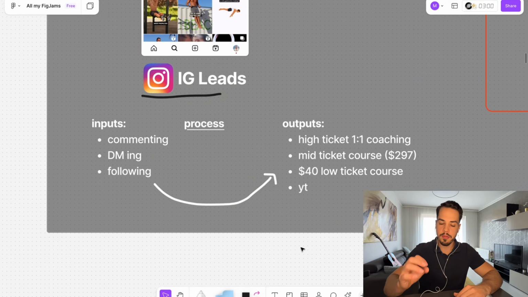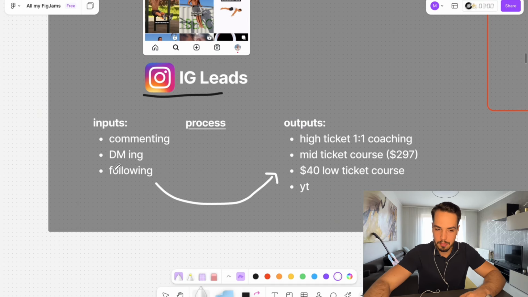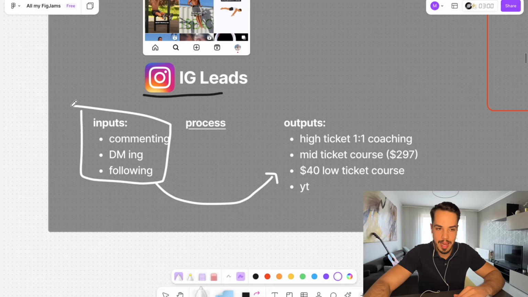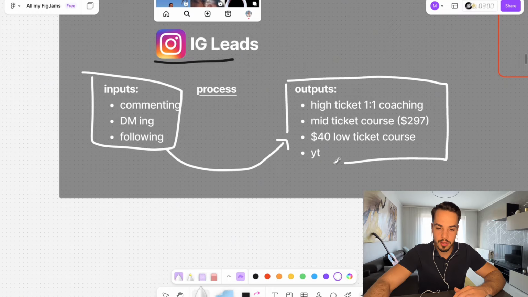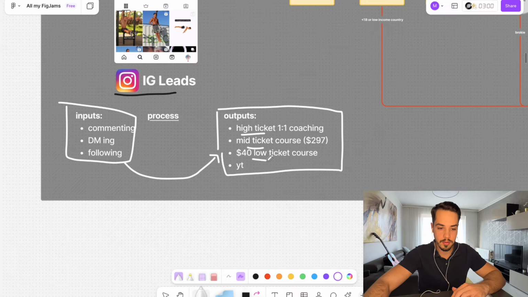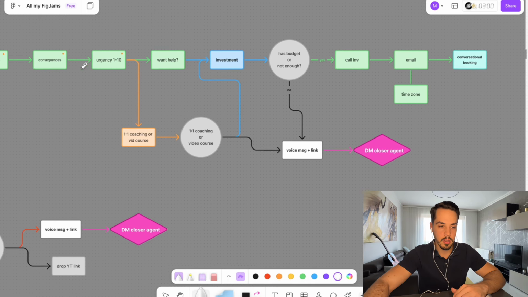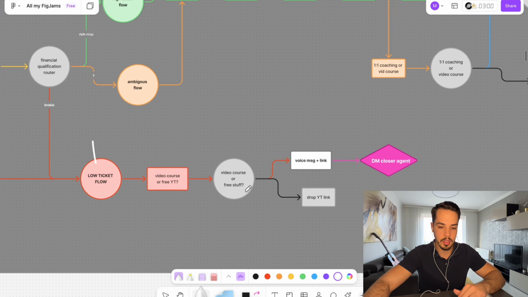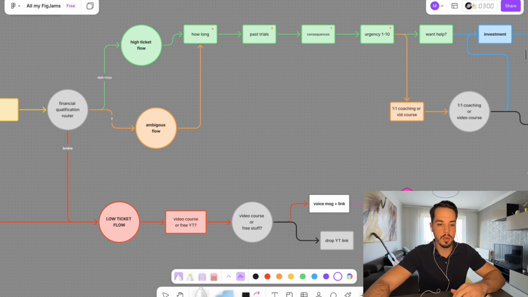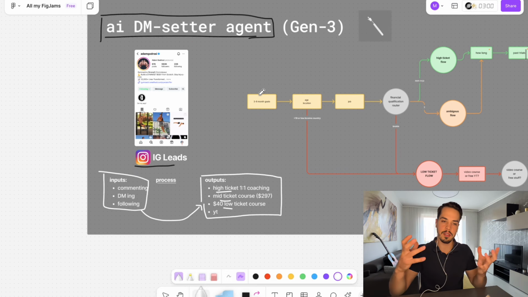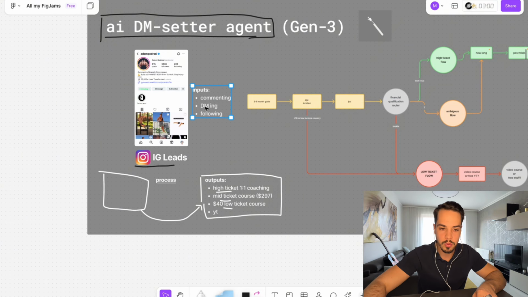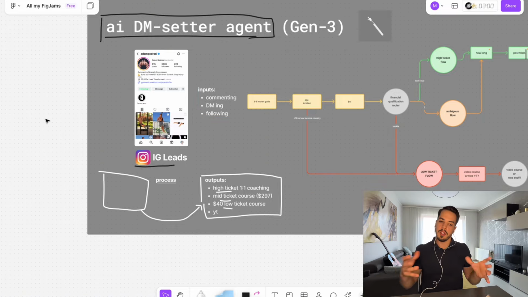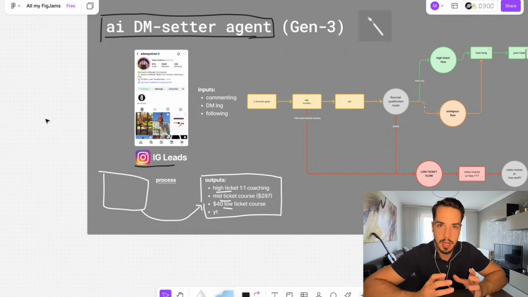So now we have laid down how we are going to get people into our little DM agent, little AI setter. We define what we are trying to get out of it at the end, and you will see that all of these things that I listed out here are going to be here on the high ticket, here on the low ticket, etc. So what you want to do when you start building your AI agent is get clear on all these things, what are your objectives, and get started. And now I'm actually going to show you how I do this in real life, right? Because this is all just thinking. Now we actually need to have an AI agent that does the job.